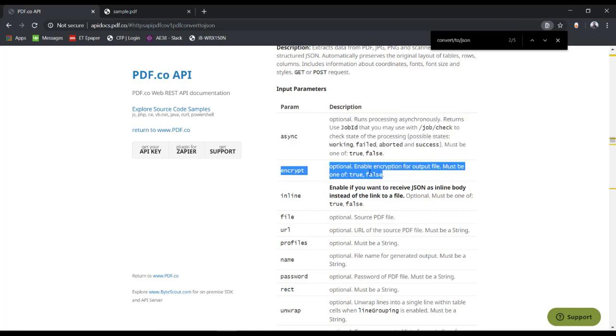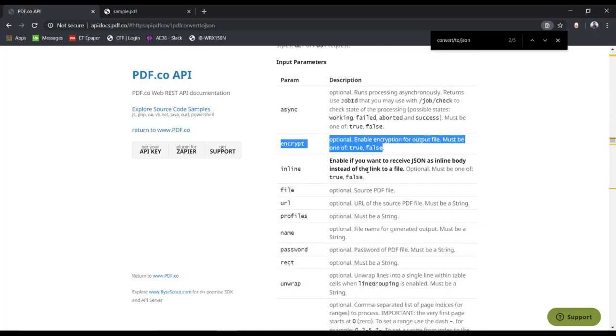If you want the output in encrypted format, then we need to enable this parameter. If you want to retrieve the JSON as an inline body, then we need to specify this inline option as true, otherwise it will give us a link to the output file.